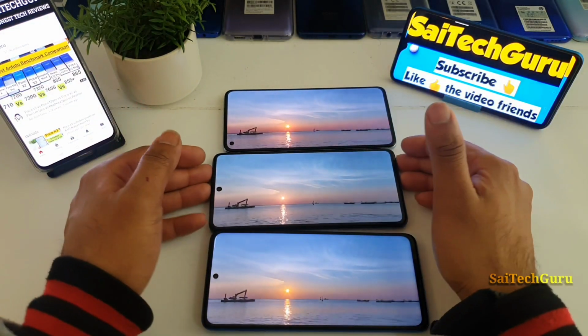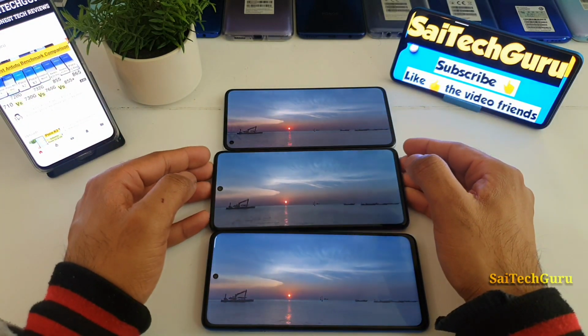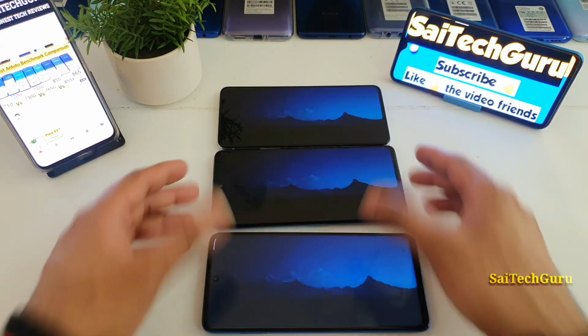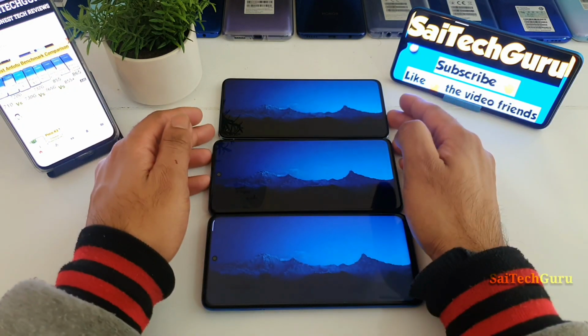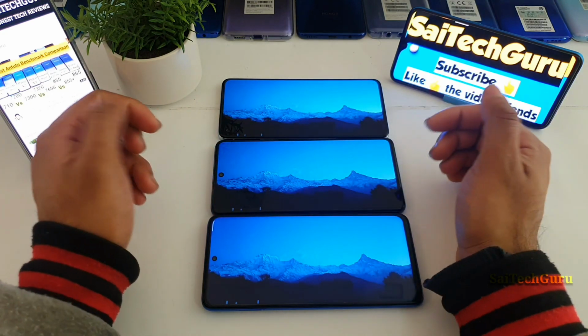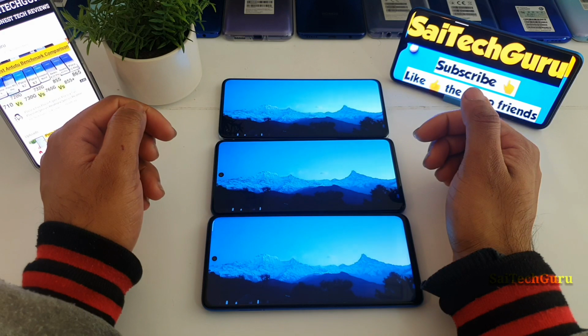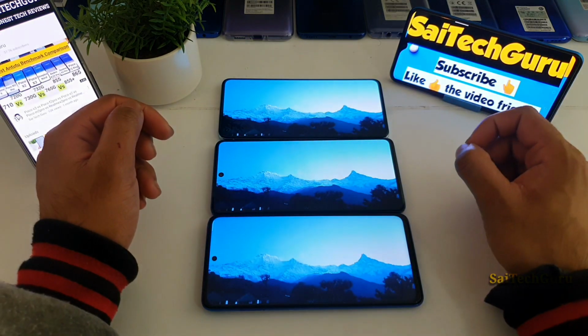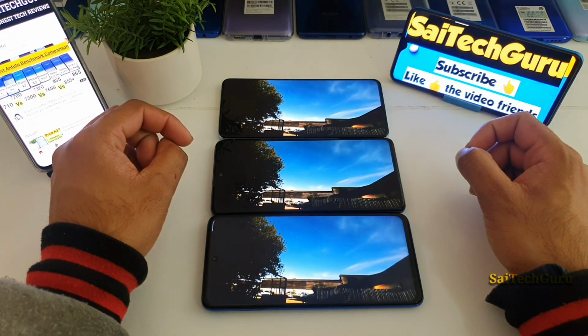The middle phone is the Samsung Galaxy M51. In case you're wondering, the Poco X3 and the Samsung Galaxy both have punch holes exactly in the middle, so you might confuse the two smartphones. The punch hole on the Poco X3 is much smaller than on the M51.